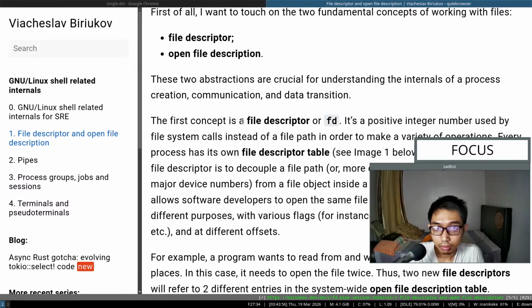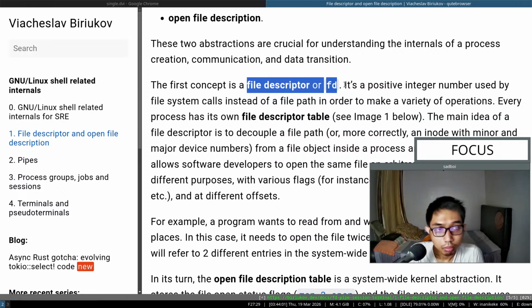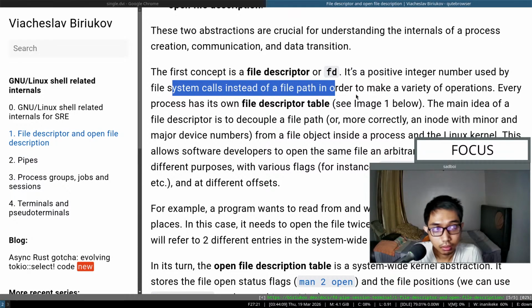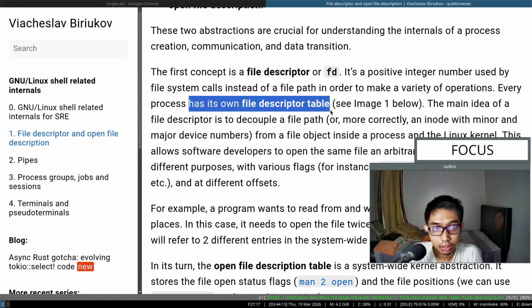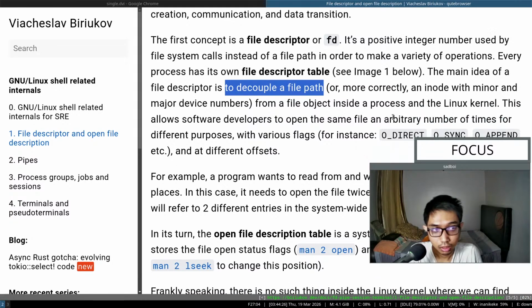The first concept is a file descriptor. It is a positive integer number used by file system calls instead of a file path in order to make a variety of operations. Every process has its own file descriptor table. See image 1 below. The main idea of the file descriptor is to decouple a file path, or more correctly,